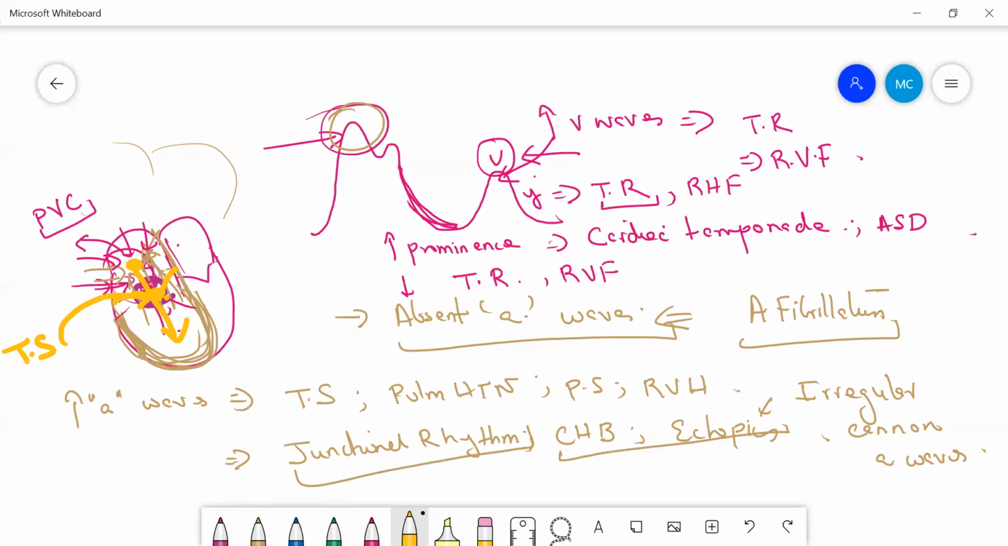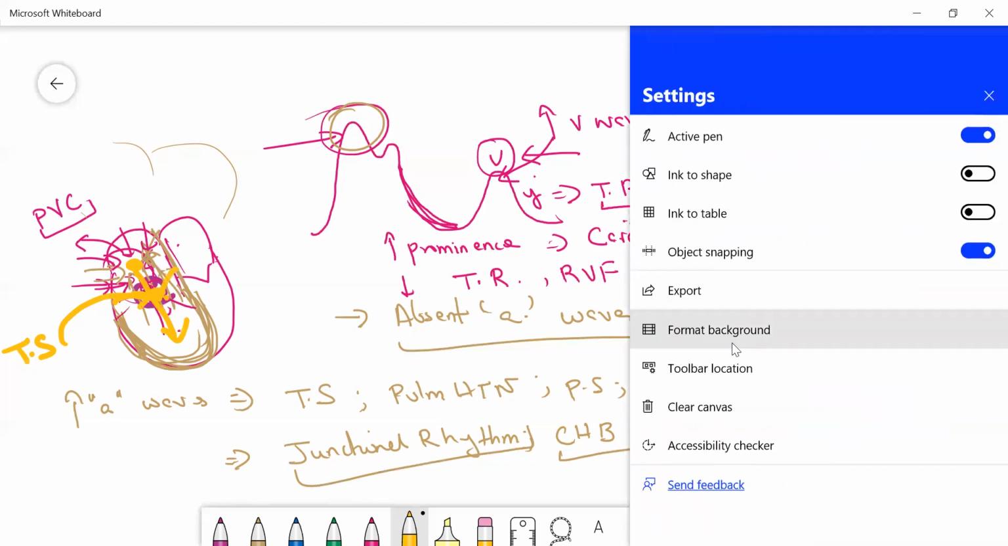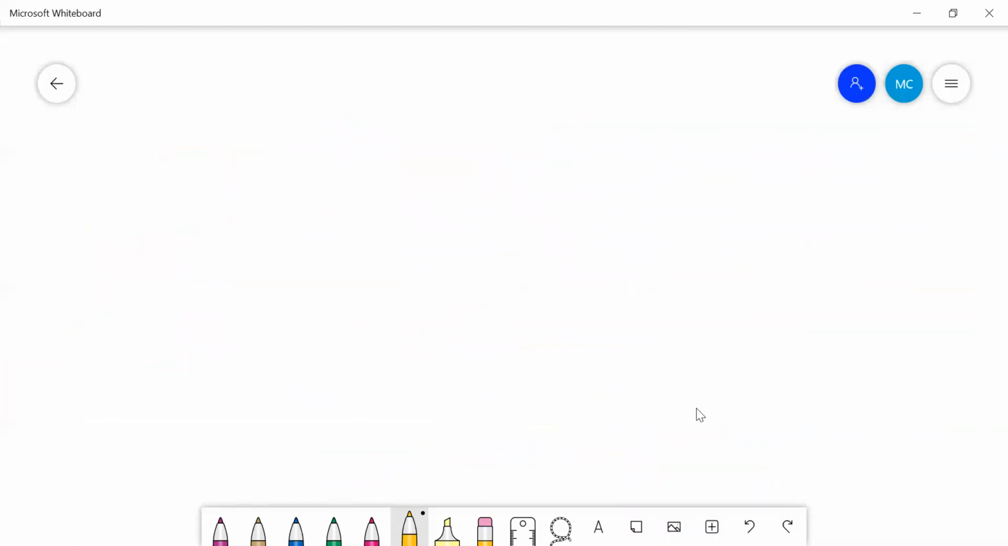Next, the point we need to discuss here is how will you find out the difference between the jugular venous pulse and the carotid pulse? So what are the main differences between the JVP and the carotid pulse? Remember, in JVP, when you are examining the neck of the patient,